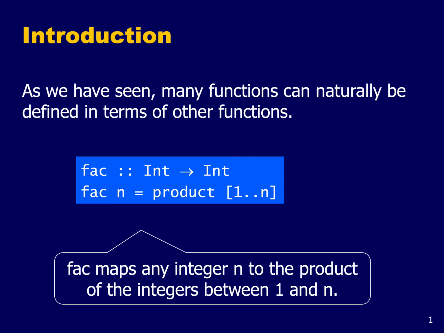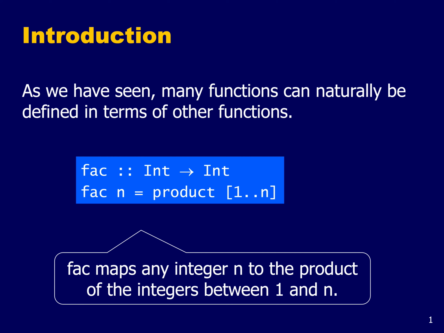So the definition here says the factorial of any number n is simply the product of the list from 1 up to n. So here I'm using two built-in functions, one called dot dot, which builds a list between any two given numbers, in this case 1 and n, and then that list is being passed as the input to the product function, which simply multiplies up all the elements. So a very simple idea. Many functions can be naturally defined in terms of other functions, and this is how you could define the factorial function like this. In fact, in a language like Haskell, there are many different ways that you could define the